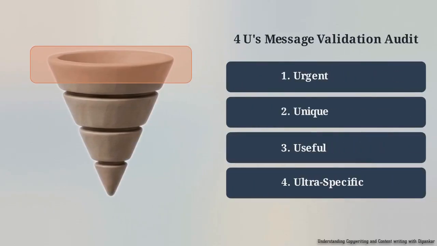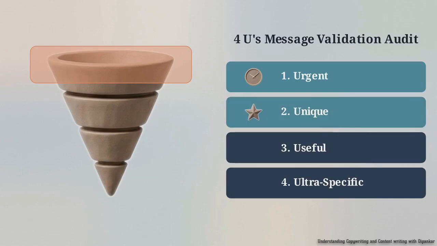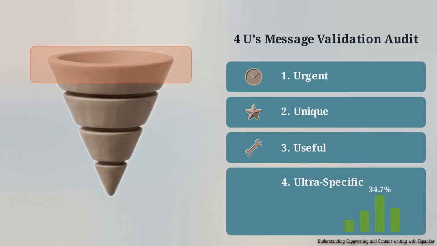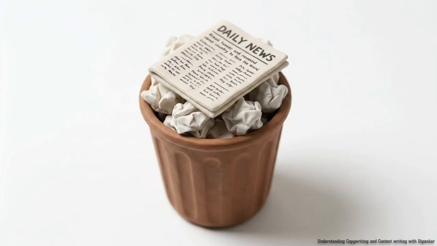To prevent vague headlines, run ideas through the 4 U's checklist. First, urgent, leveraging deadlines or immediate pain relief to force action. Second, unique, proving your solution differs from alternatives. Third, useful, offering practical benefits. Fourth, ultra-specific, backing claims with exact data. If your headline fails to hit these precise metrics, the prospect moves on. The rest of your copy goes unread, and your investment is wasted.